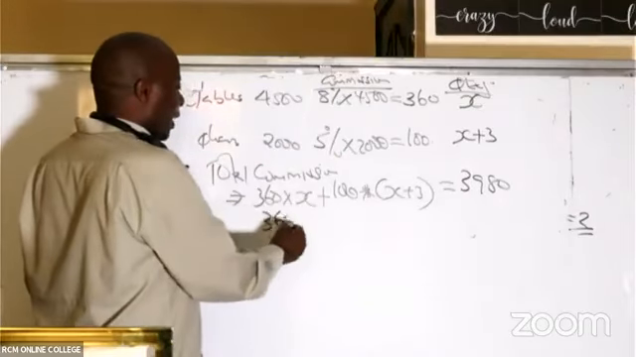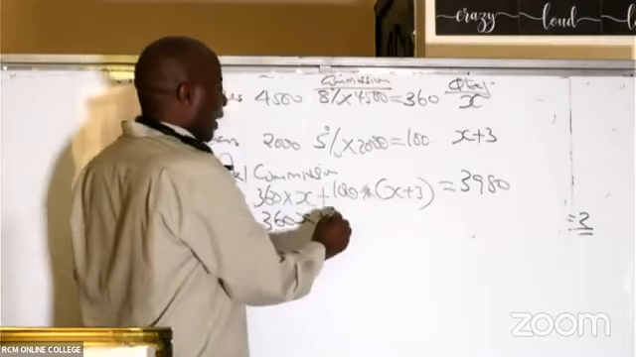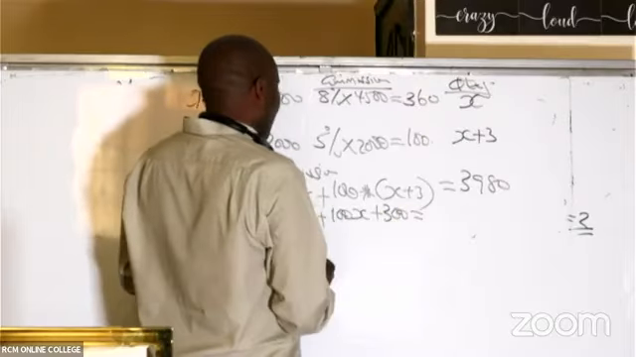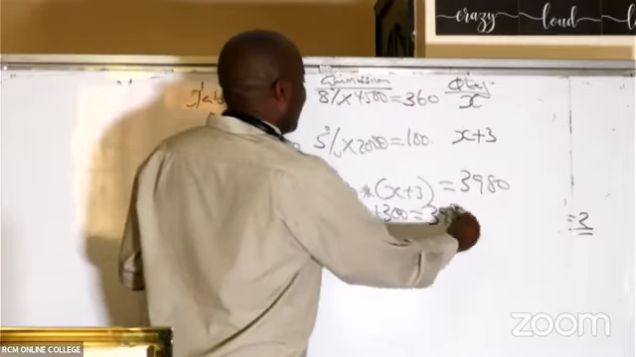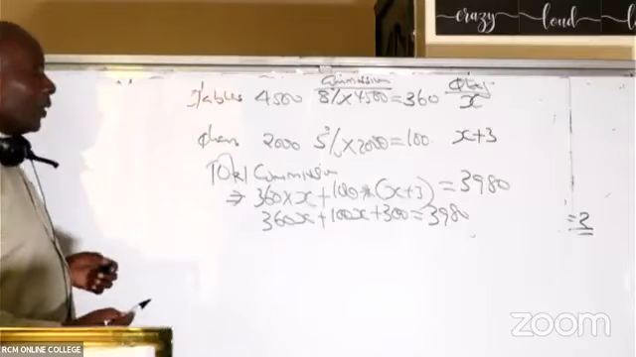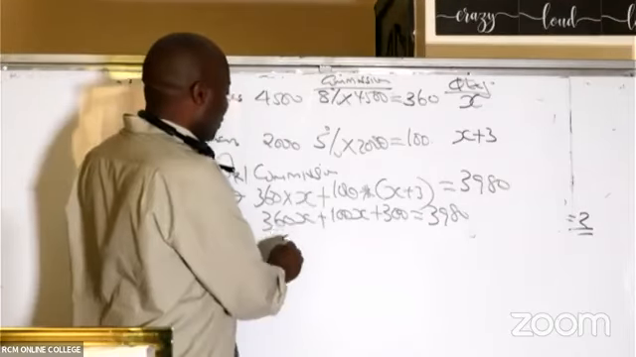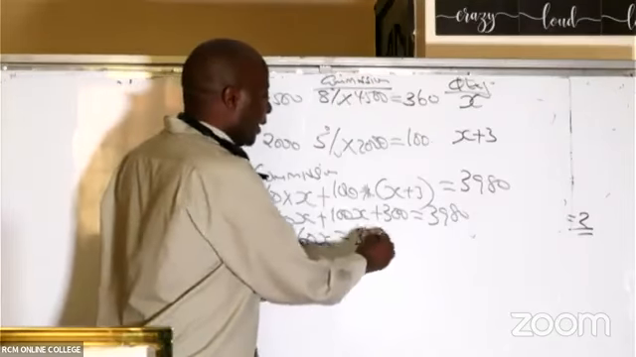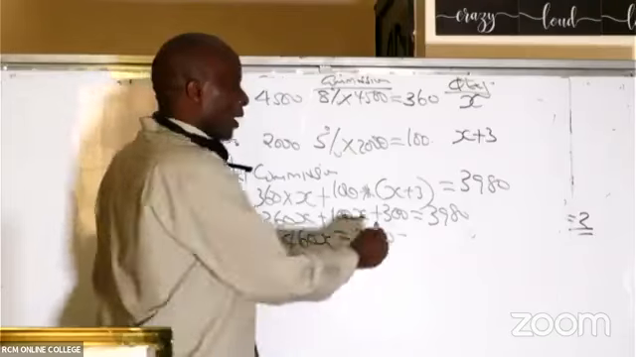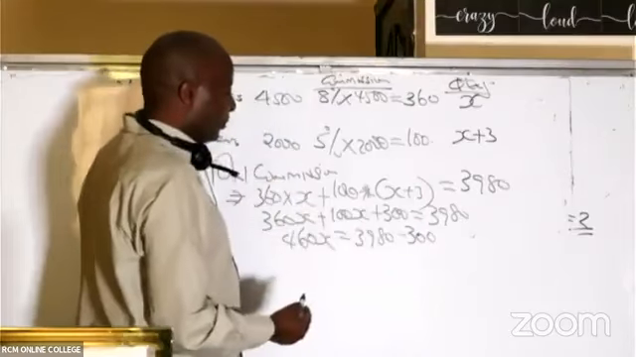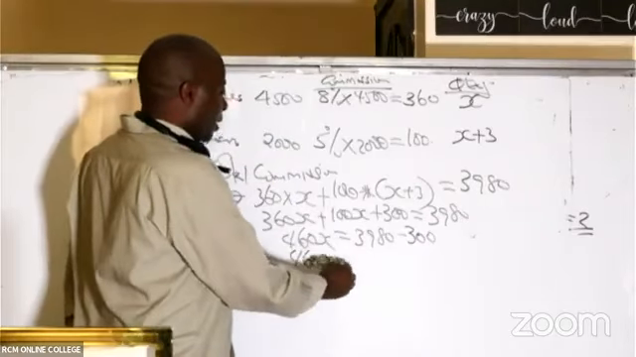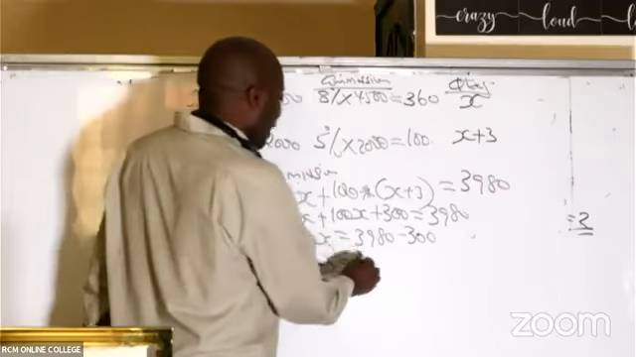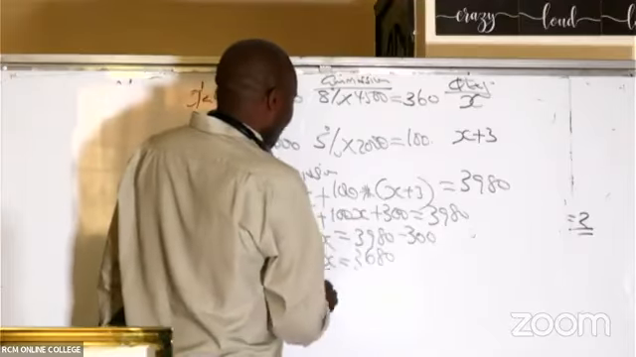So this will be 360x plus this one is 100x plus we have here 300 equals 39.80, isn't it? So then this 360 plus this 100 gives me 460x equals 39.80. This 300 has to cross over. You subtract 300. So 460x will be equal to this minus this, which gives me what figure? 3680. So then, ladies and gentlemen, we divide by 460 both sides,